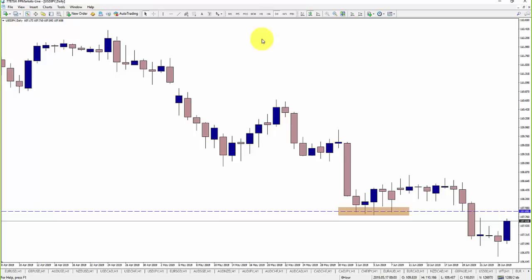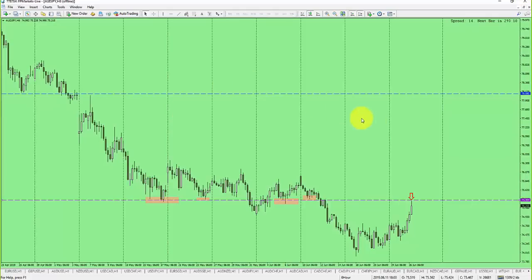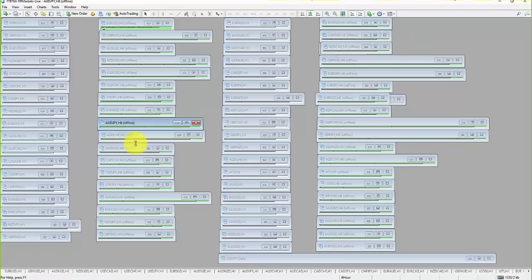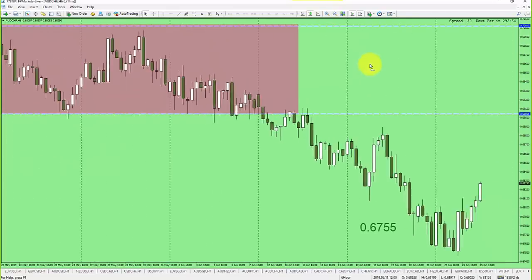So here we are. Number one pullback scenario I want to talk about is the pinch. Now, what is a pinch? A pinch is when the market... let's look at this one, because this is interesting. Well, I don't want to start off with a loser. I want to make sure that you guys see a really good example first, then we can look at the losers. All right, so here is a